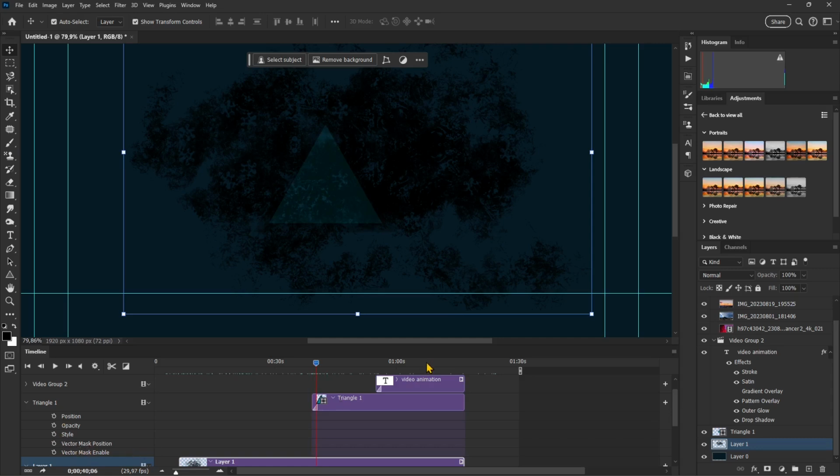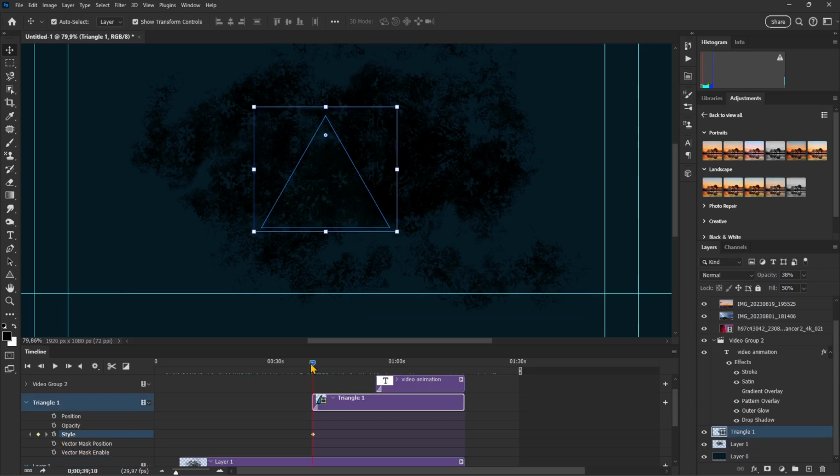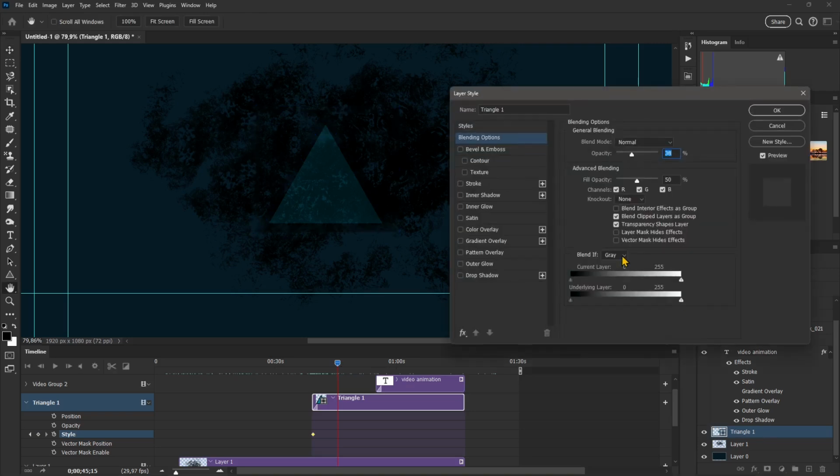Depending on what you select, you have other extra options that you can use. So I want to use a different style. I'm going to activate the style, and perhaps I can change some of the styles here. So let's do a stroke,